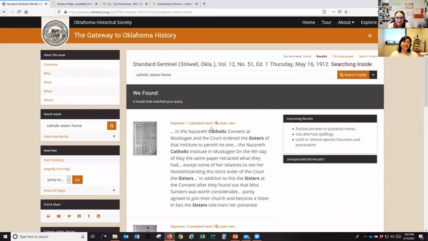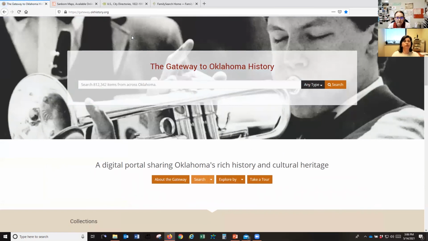You'll probably get, look at this, Catholic, Sisters, Catholic. I want them to be searched as a single phrase. That's the importance of using search terms like wildcards and quotation marks to search this as a phrase. So what we are going to do is rephrase this search to Catholic Sisters. And I don't know if it's sisters or sister, so let's just put sister with an asterisk, and then home,